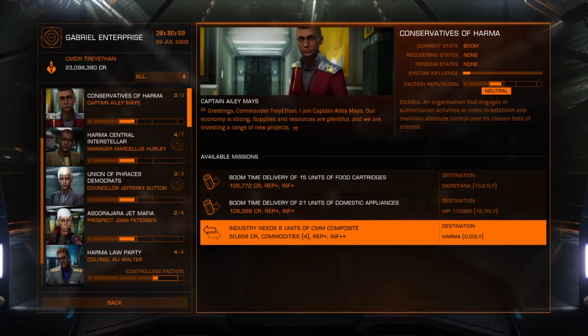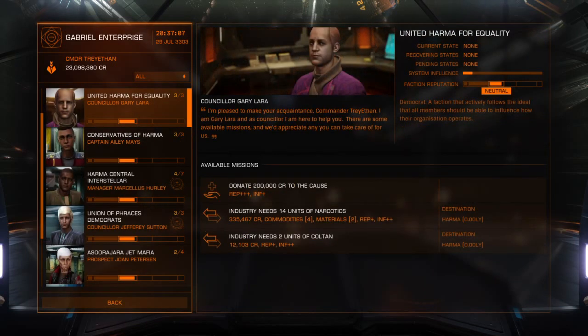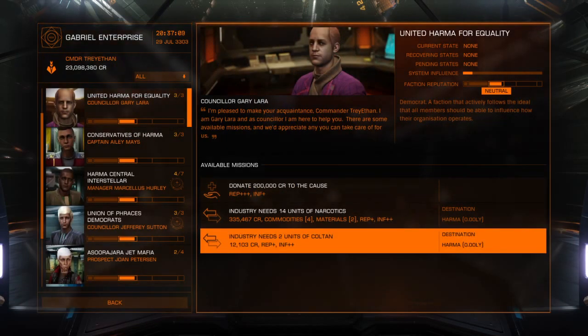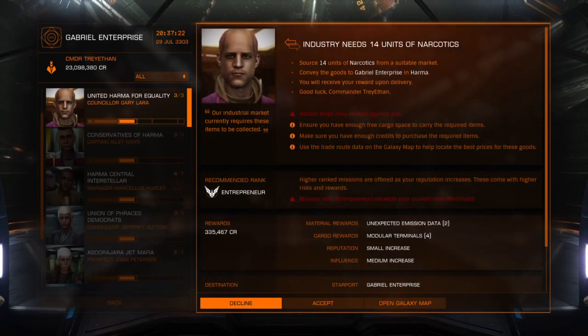Now this one is a bit more lucrative, but I don't think we're going to find CMM composite at any of those stations because those are all agricultural. So 14 units of narcotics for 336,000 credits. So narcotics, I'm going to say no